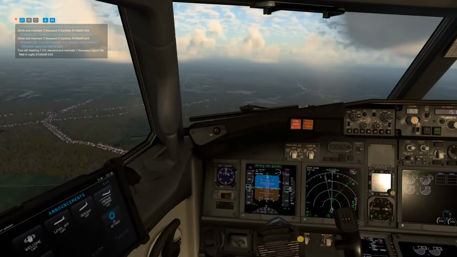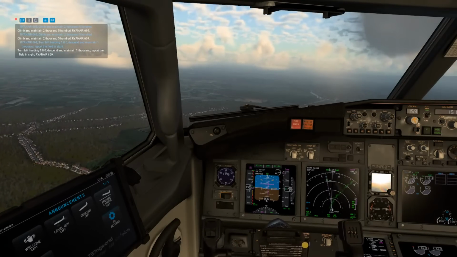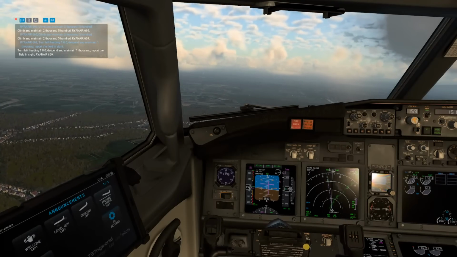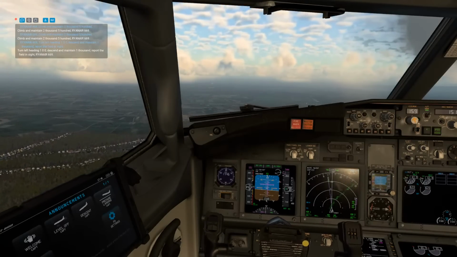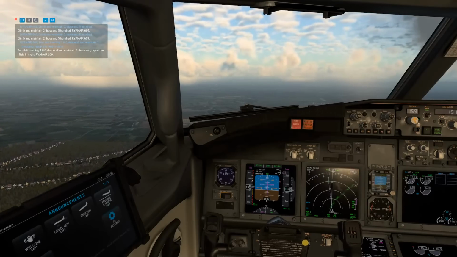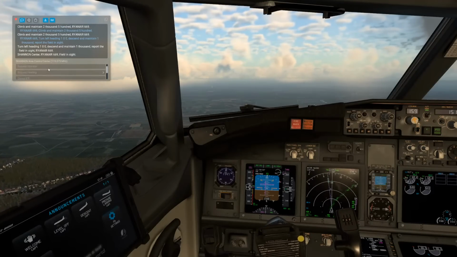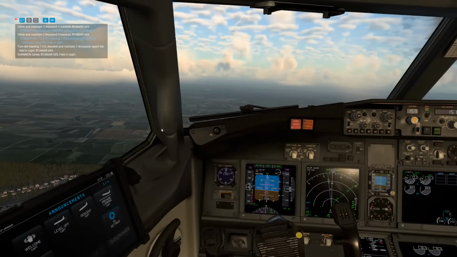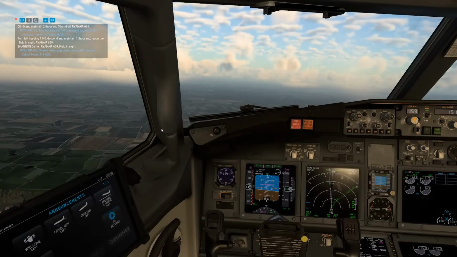Alright, looks like we have the runway in sight. So the ATC instructions are okay. We do have the runway in sight. Let's see here. Report field in sight. Ryanair 669. Field in sight. What a joy to hand fly the